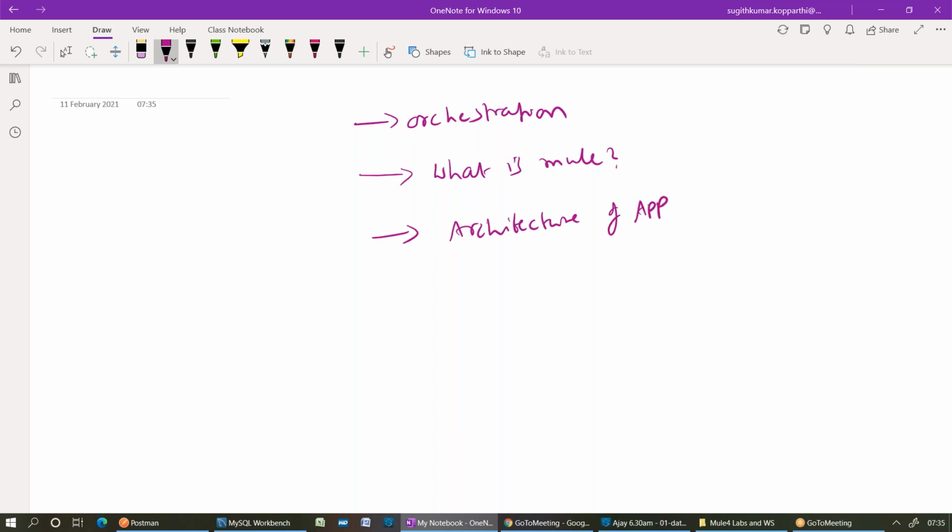Yesterday we discussed what is an orchestration, what is Mule, and what is the Anypoint Platform for Mule. That means the architecture of Anypoint Platform. So what is an orchestration? Can you please give me a one-liner? Process of coordinating with multiple systems. One person, please. What's your name? How should I call you? You can call me Sush or Sushmita. Okay, Sushmita, please. It's a process of coordinating with multiple systems.